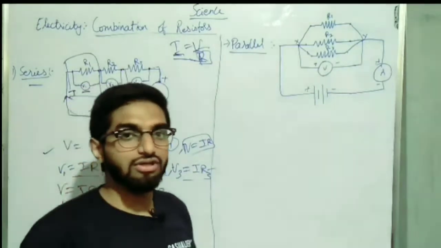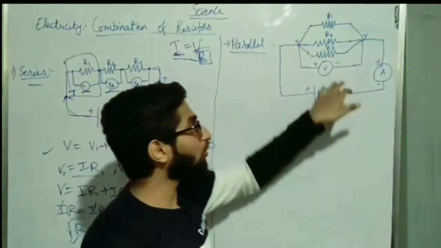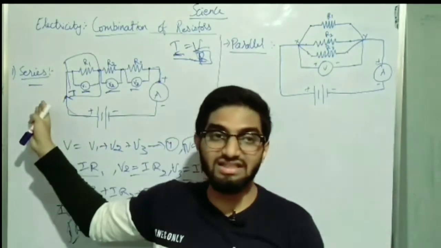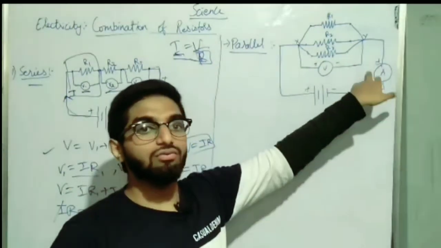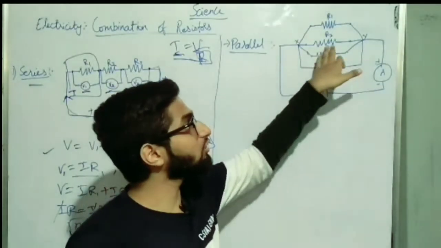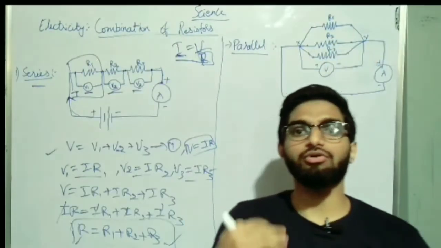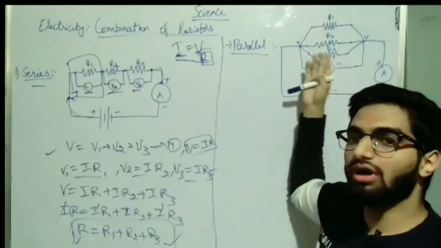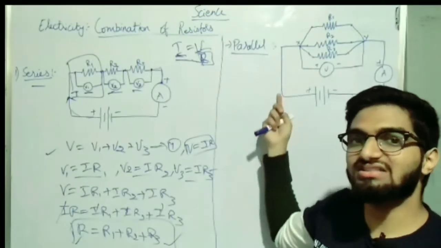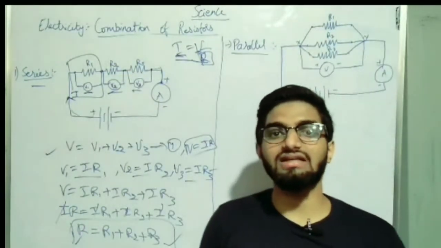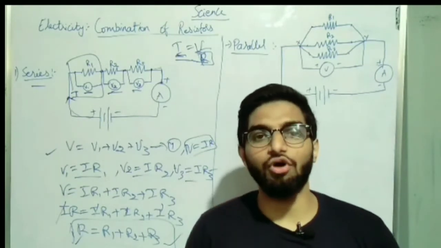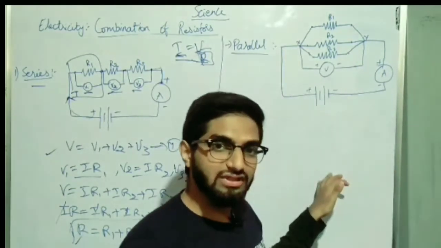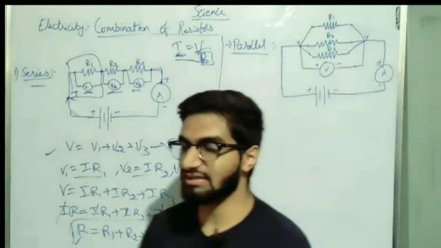Here also you have to remember two main things. Your voltmeter will always be parallel to your resistance, same as in the series combination, and your ammeter will always be in series with your resistor. When we come to the exam point of view, they will give you 1, 2, 3 or more resistor values, and they'll tell you that it is in parallel combination. So how do you find the total resistance? We'll derive the formula of total resistance.